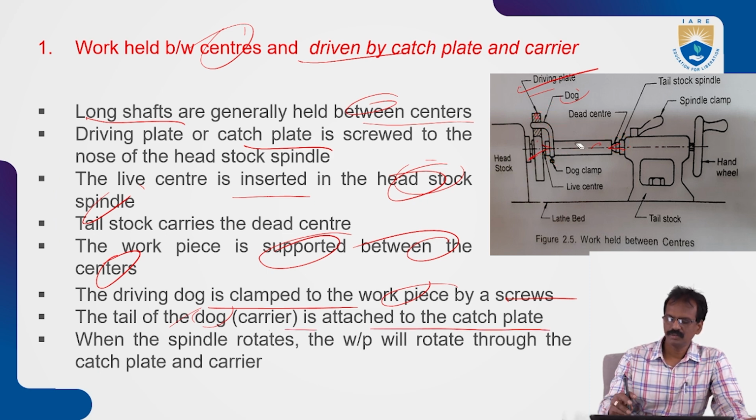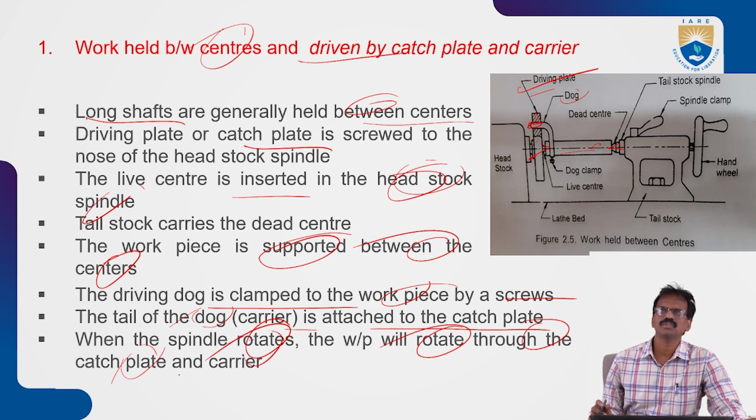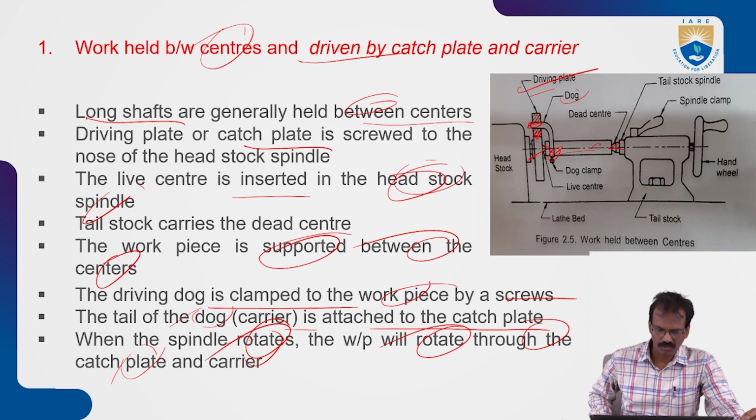So this tail is attached to the catch plate. So there is connectivity between the rotating driving plate and the workpiece. When the spindle rotates, the workpiece will rotate through the catch plate and carrier. So with the help of the catch plate and the carriers, the workpiece will rotate, and as the workpiece rotates, automatically you can perform the turning operation. So this is one type of holding